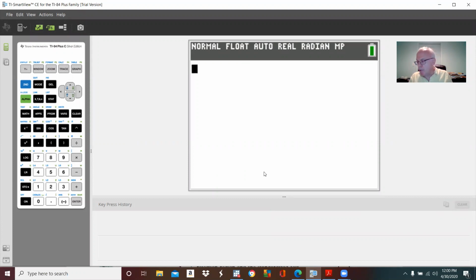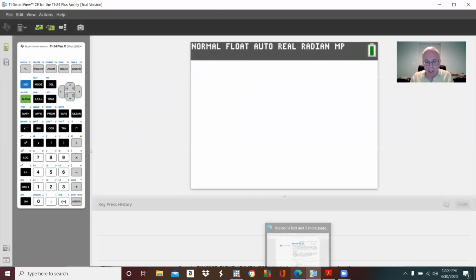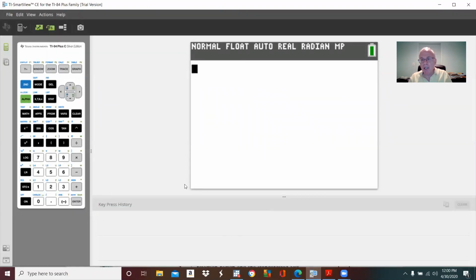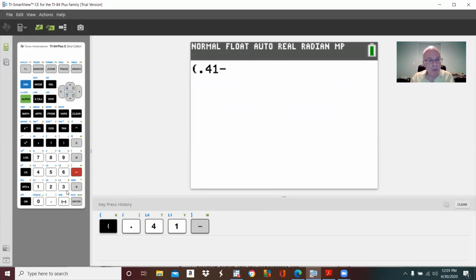So the first thing that we want to do is calculate our test statistic. Once again, if we go back to the book, let's take a look at that test statistic again. Here it is. This is our z formula right here. That's our test statistic. So we'll go back to our calculator. Remember, when we calculate test statistics, we always use parentheses in the numerator and in the denominator. So I'm going to open up a set of parentheses. The numerator formula says it's p hat minus p. P hat in this case is 0.41, so it's 0.41 minus the hypothesized value, which is 0.45,